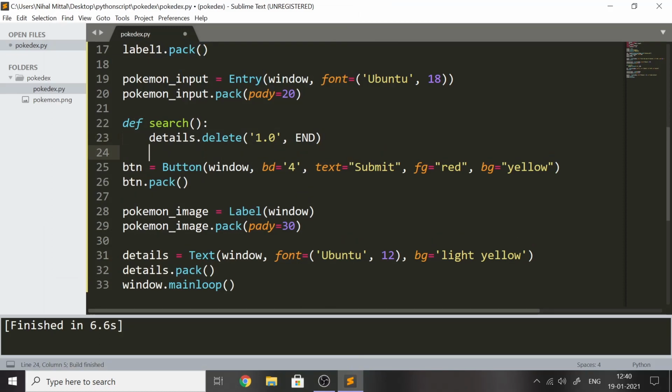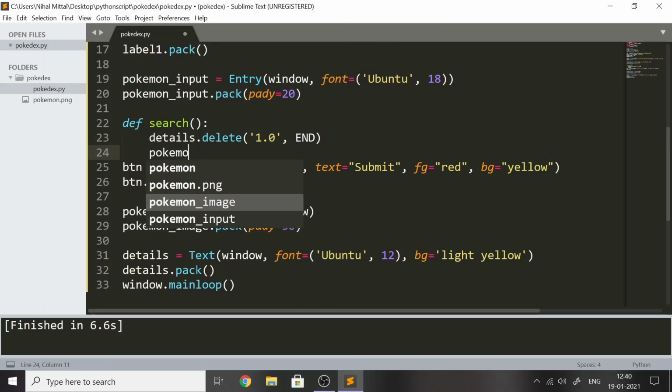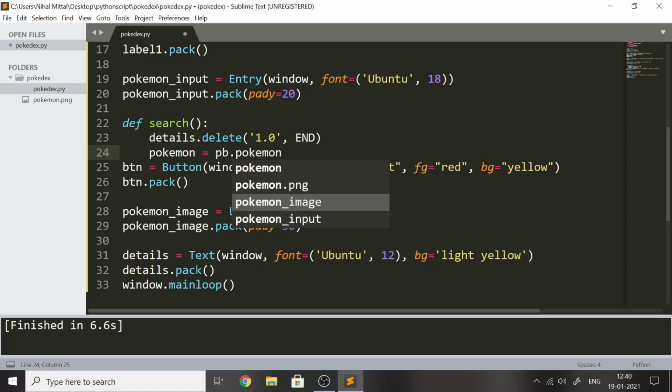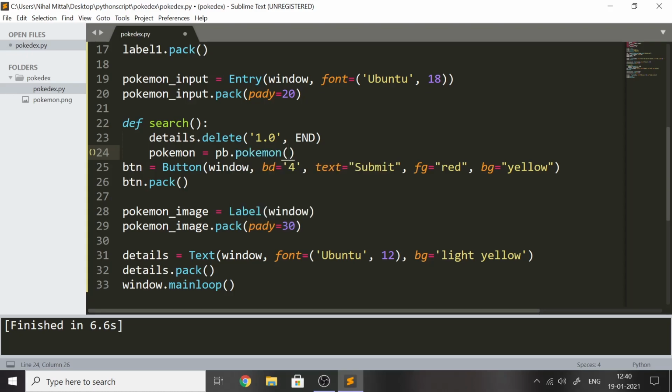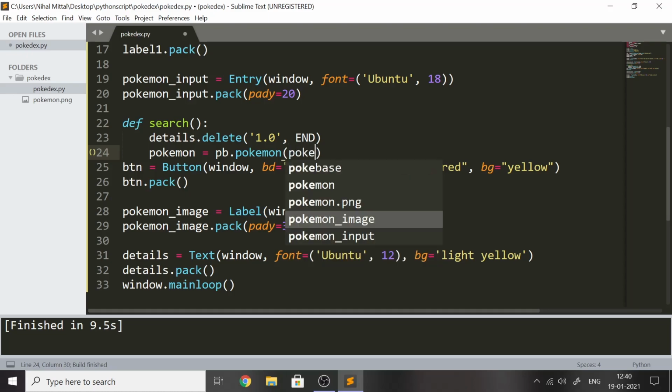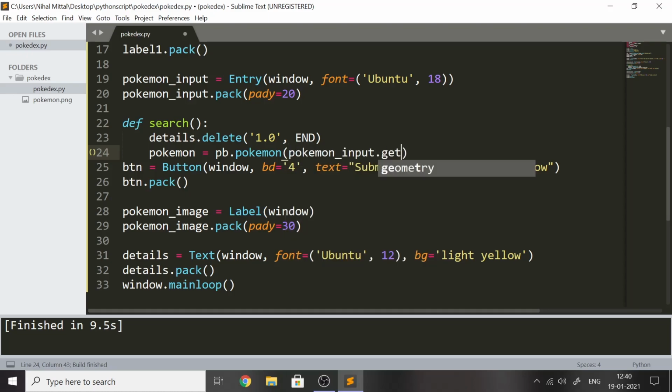Now we would finally use the Pokedex API. So I would create a variable called pokemon equal to pb.pokemon, which is a function. Now we will need to pass the Pokemon name into this function. So remember that we created the Pokemon input field here. Whenever I type a Pokemon, I would have to fetch this name. So I would use that get function. So I would type here pokemon_input.get, which would fetch the name that we have typed in the